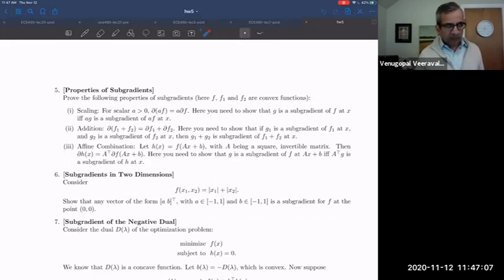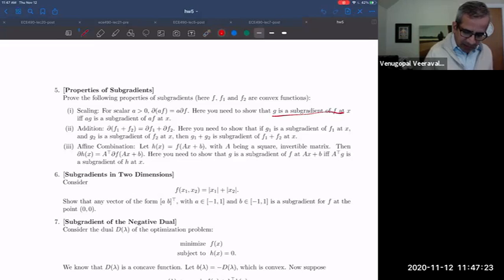But that's a definition, and when you have a definition, the implication goes both ways. So G is a subgradient of f at x if and only if